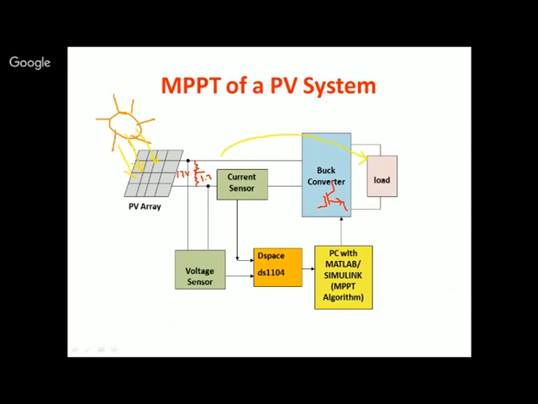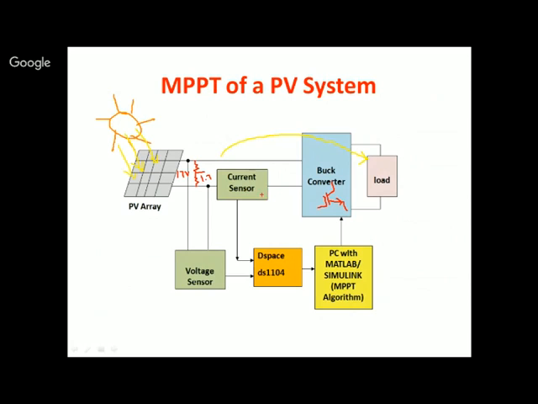So now what we do, this 1.7 volts that we get, we are sensing and giving into our DSpace. DSpace is here just a DAC card, a data acquisition card. It is acquiring the data and it will give it inside our PC. So the value which is coming here is in which form? Analog. So it converts analog to digital form here at DSpace, and it will give it inside our computer.